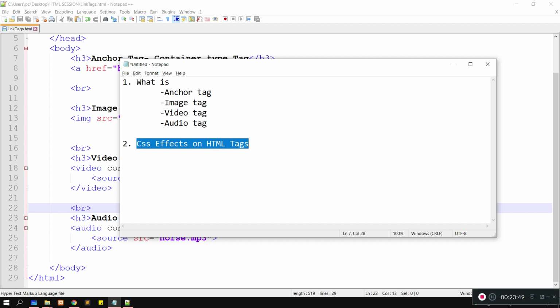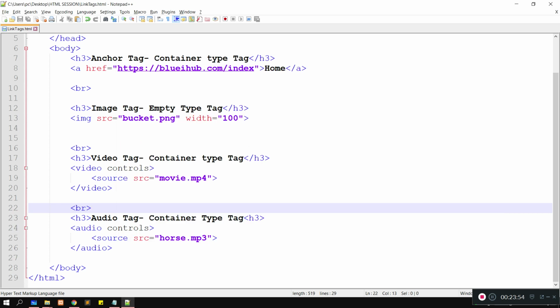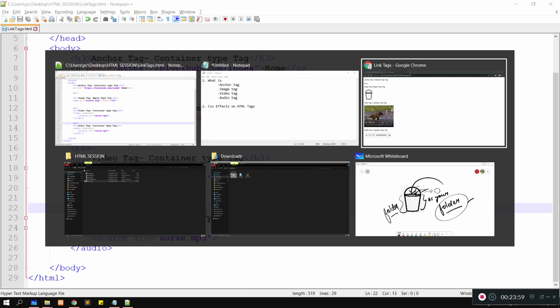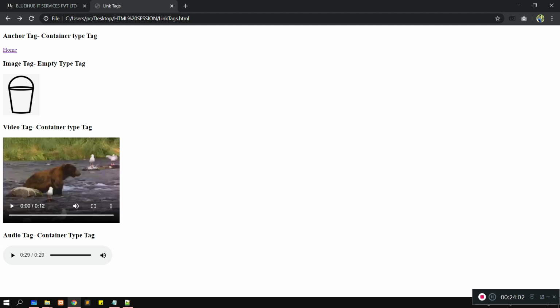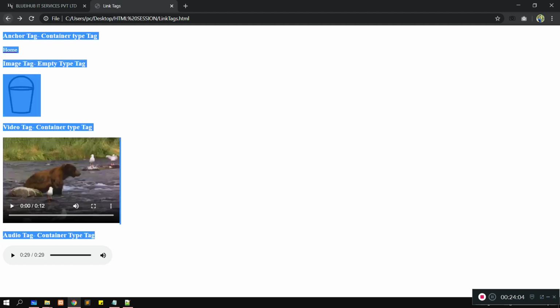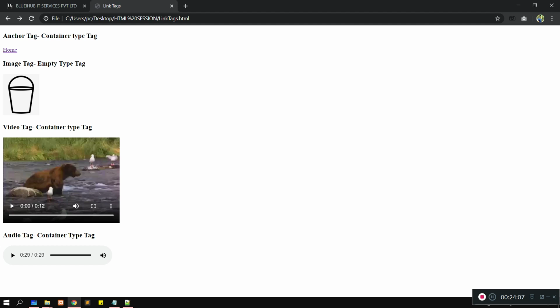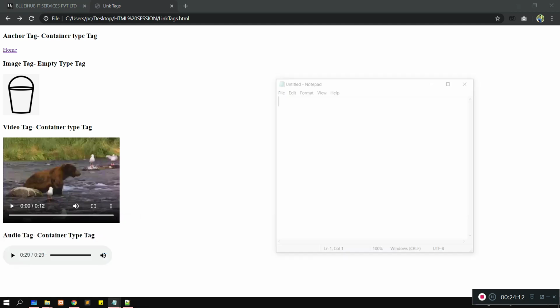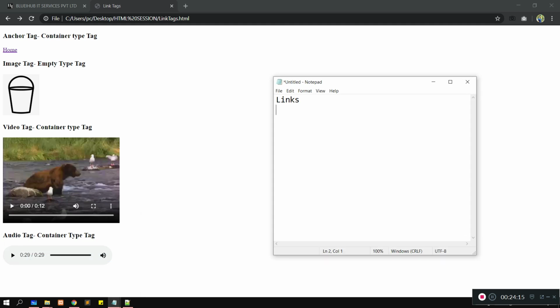So it's time to give you the assignment. What should I give you? Same way, you have to create a page which will contain the links, the image tags, the video tag, and the audio tag.